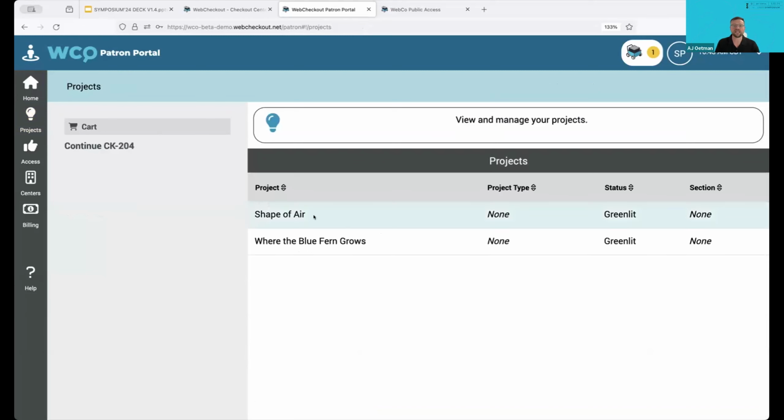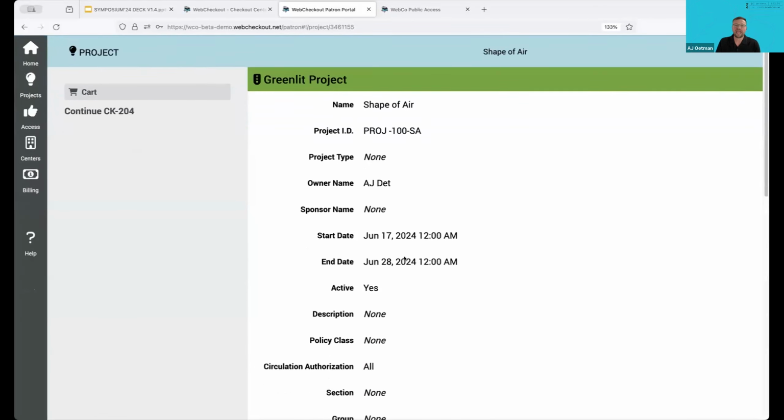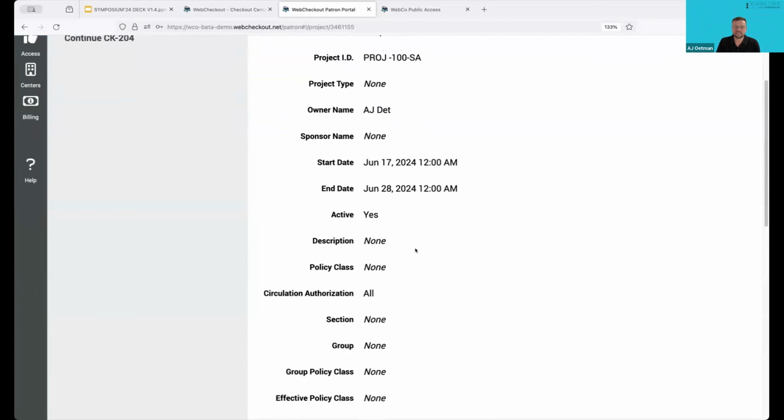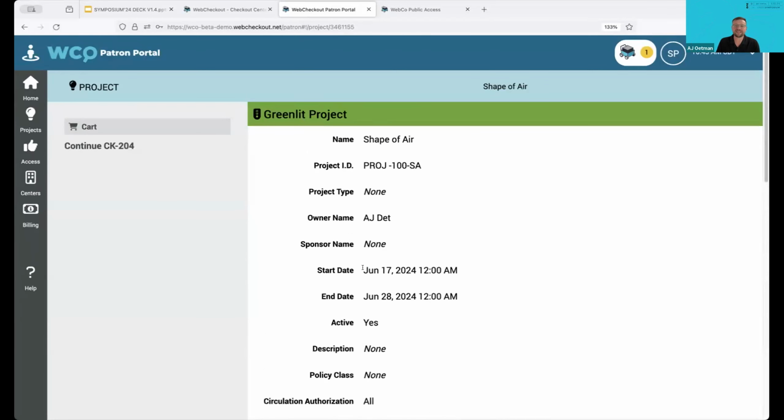Great. And I'm going to select, I have two projects, but I'm going to select the one I'm reserving for, Shape of Air. And right there, I can see all of the details for this project, specifically the start and end date. So I can see here clearly that this project doesn't open until June 17. I'm trying to reserve too early. And I can quickly go back to the allocation I'm working on by selecting Continue on this